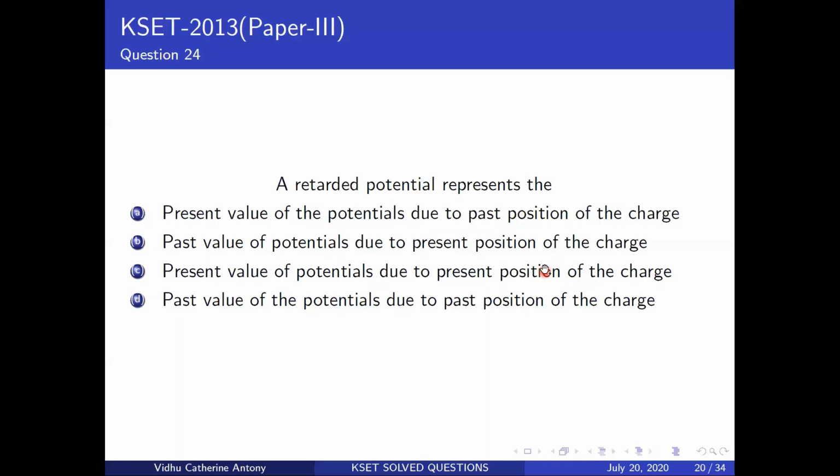Now let's look at this. The past value of the potentials due to the present position of charge really doesn't make any sense, because you're not looking at the past value of the potentials, you're looking at what you're experiencing right now. The other one is the present value of the potential due to the present position of charge. That's right now, so you don't even have to put up a concept of retarded potentials there. And in the last option, both of them are in the past, so why even bother, right? This is how you're supposed to remember it: retarded potential is something right now because of something that happened in the past.